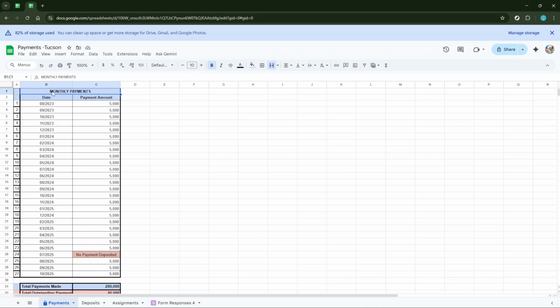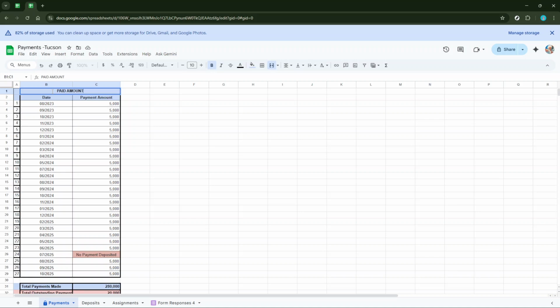Now, with the cell in the header row selected, simply type in the new name you have in mind for your column. Whether it's a project code, customer ID, or any label that makes sense to your dataset, make sure it's descriptive enough so that anyone else looking at your spreadsheet can understand it at a glance. Once you've typed in the new name, go ahead and press Enter to save it.